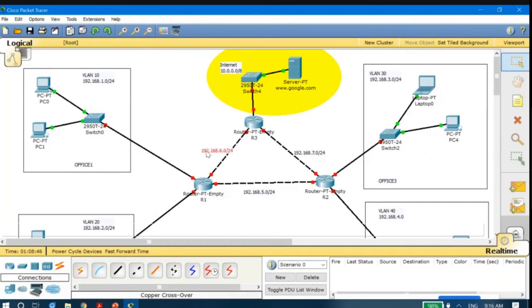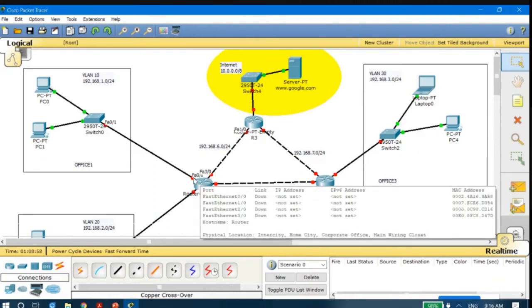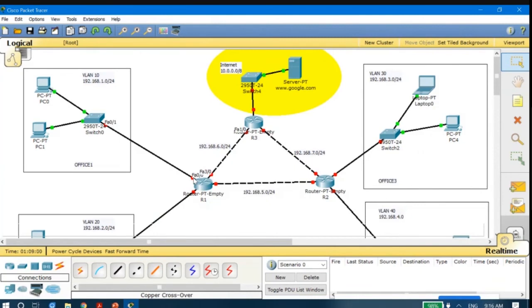Now the next thing that I have to do is actually assign those IP addresses. So the first thing that I will do is click on the router R1. Just remember one thing, that FA0, fast Ethernet 0/0, is connected to my first network.